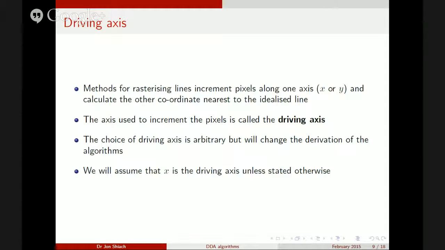Okay, now we're going to look at driving axes. Essentially what this means is when we're looking at line drawing, which we're going to be doing for the first few lectures, we increment along one direction at a time, so either x or y. So let's say we take x as the one we increment along. We illuminate one pixel, we step across to the right to the next pixel, and then see how far up we need to illuminate